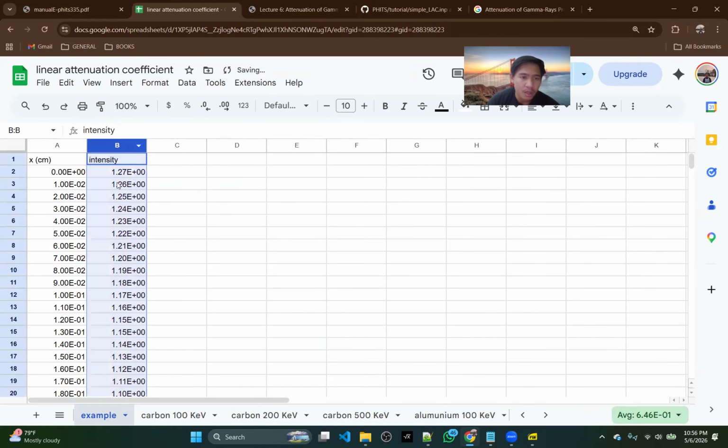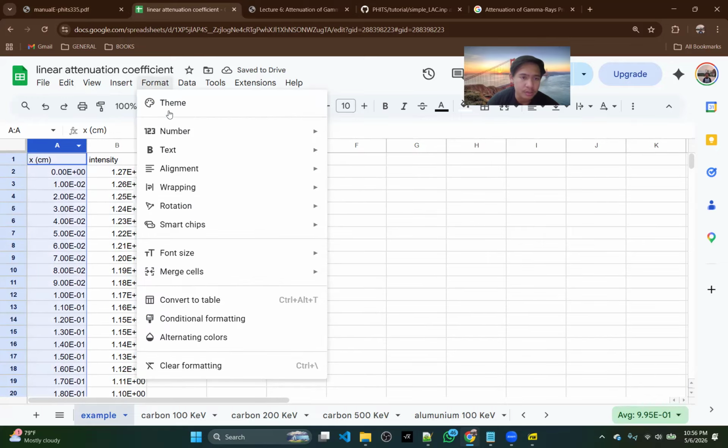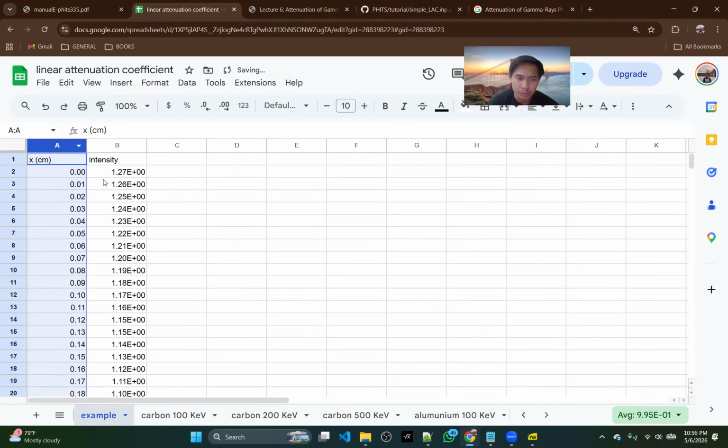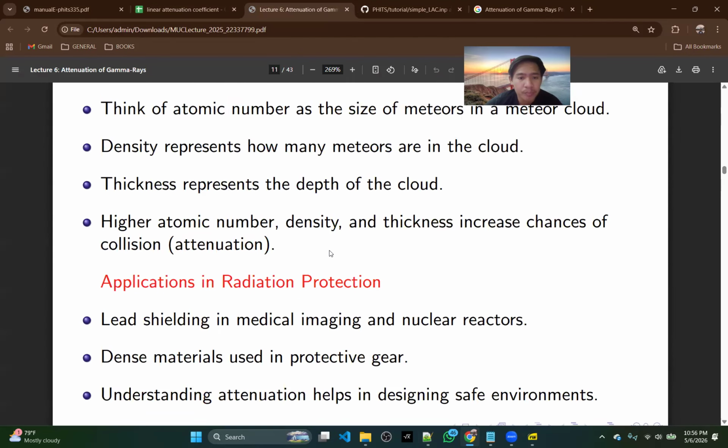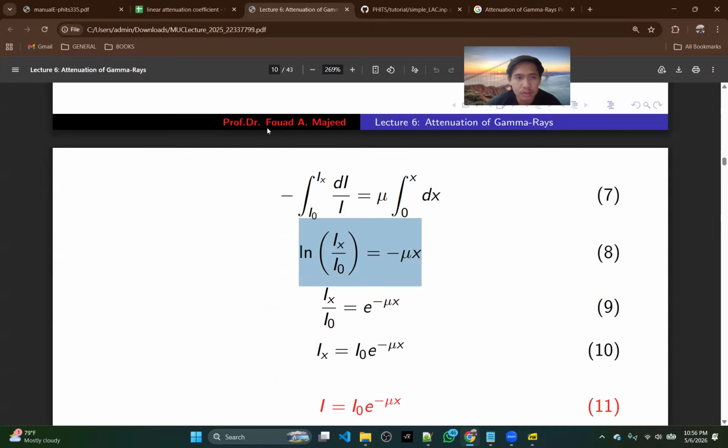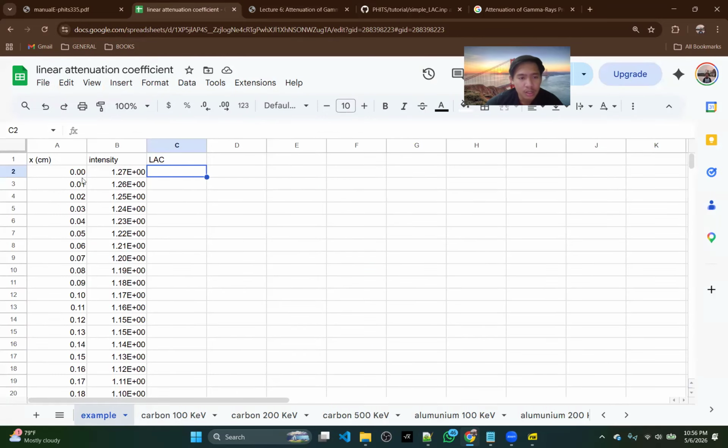Now we have this kind of thing. I will change it to number so it's easier to read. You can see this value. And then we will calculate the linear attenuation coefficient using this formula. For the zero here, we cannot calculate the attenuation coefficient because the intensity is 0, so it's none. We cannot calculate. But for here, we can use 1 over x times natural logarithm of